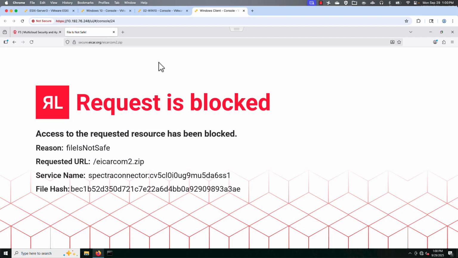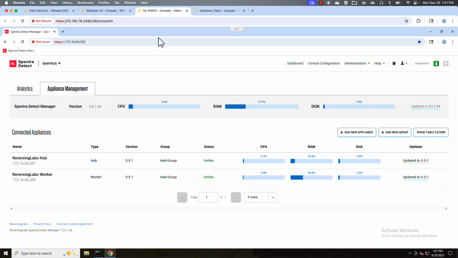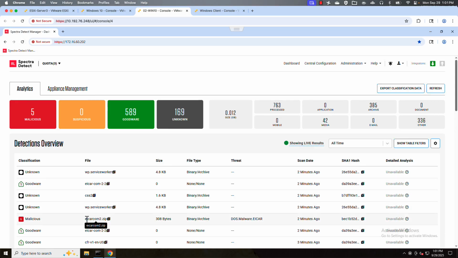Okay, look at that. The request was blocked by ReversingLabs. That's excellent. That's exactly what we would hope to see. Now let's take a peek back on the ReversingLabs analytics page. There it is. There's the file identified as malicious. You'll remember I downloaded the zip file, and it identifies the threat as the malware EICAR test